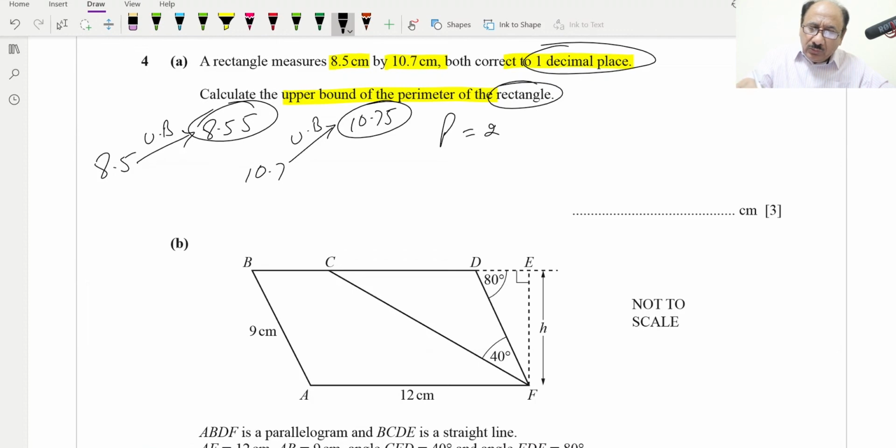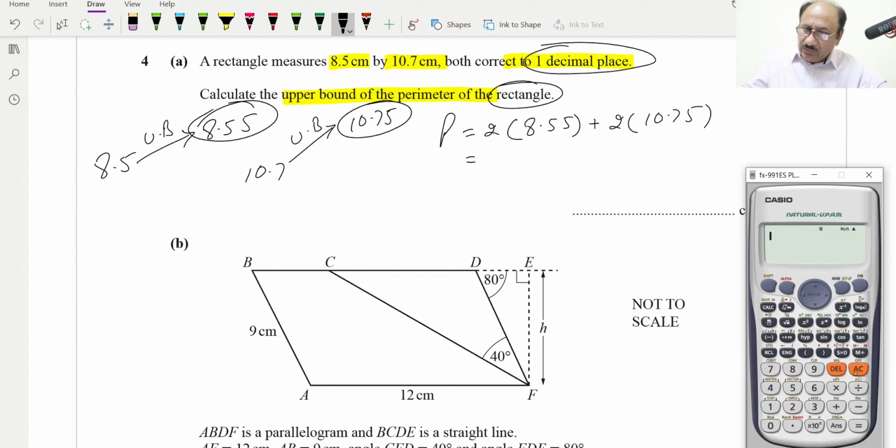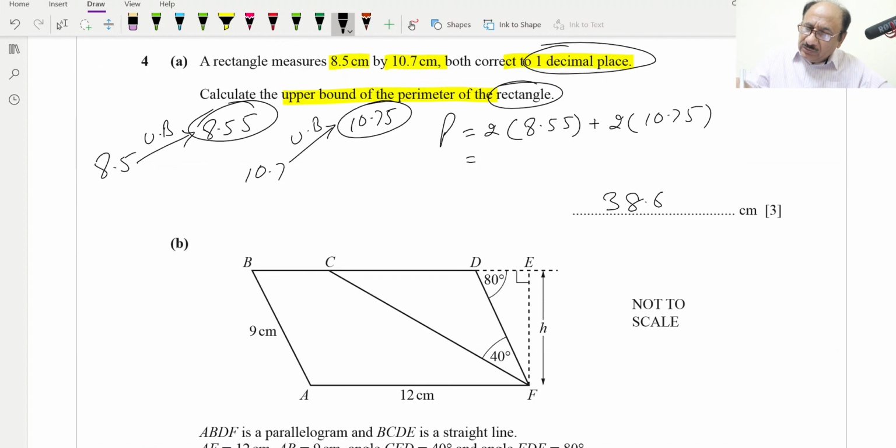So these two values we will be using for perimeter, and perimeter of rectangle is 2 into one side and plus 2 into the other side, which is 10.75, and we can use calculator for that one, and this will be 2 into 8.55 and plus 2 into 10.75, and this will be resulting to 38.6. So 38.6 centimeters will be our